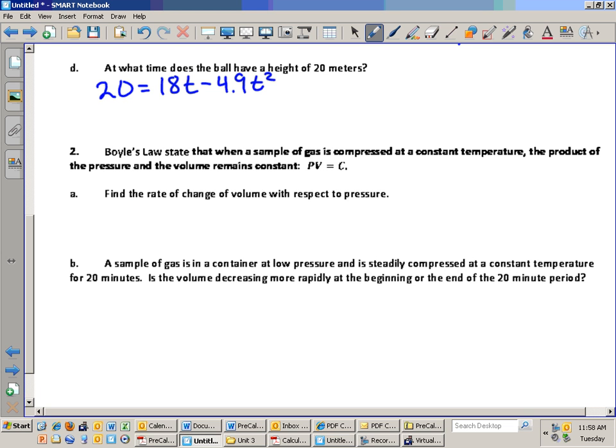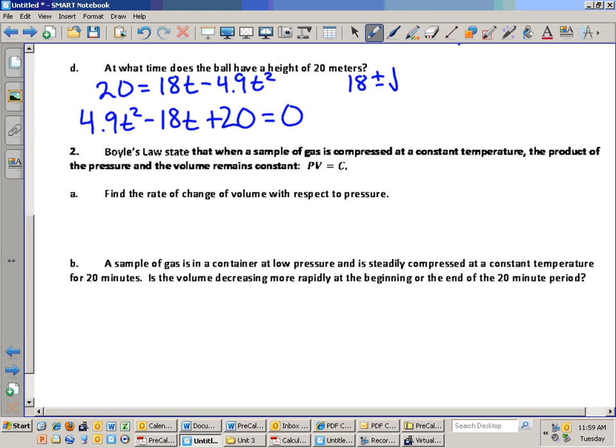The quadratic formula. We won't carry it all out, but watch what happens, because this will help you as you do your other problems. 4.9t squared minus 18t plus 20 is equal to 0. I brought everything over to one side. The quadratic formula is negative b plus or minus the square root of b squared minus 4ac all over 2a. So negative b would be